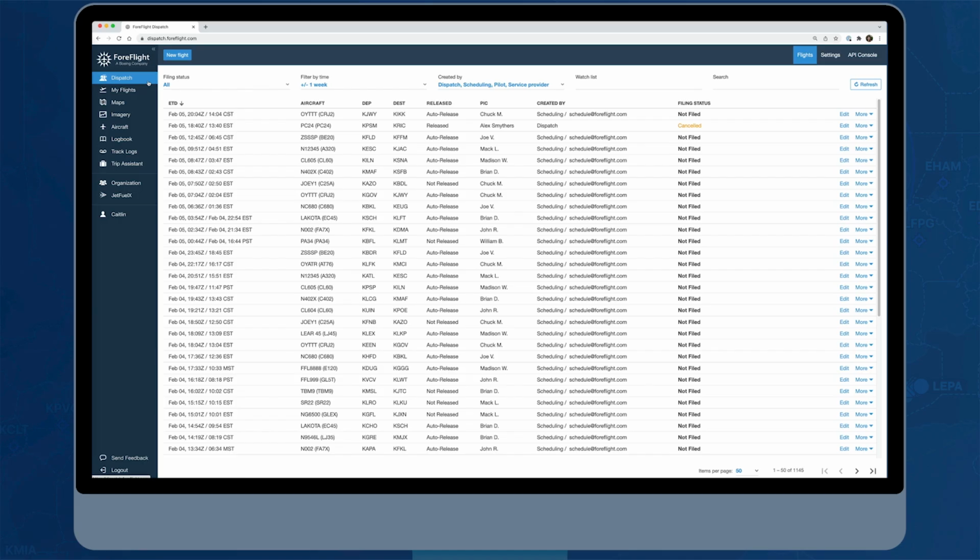Thanks, Sam. We're going to start on the Dispatch tab. So when you have Dispatch activated on your account, you'll see the Dispatch tab at the top left of the navigation bar. The first thing you're going to see here is the flights list. So if you've got a scheduling system connected, you will see flights automatically populating in here, as you can see in this example here. You can also see any flights that you've created,